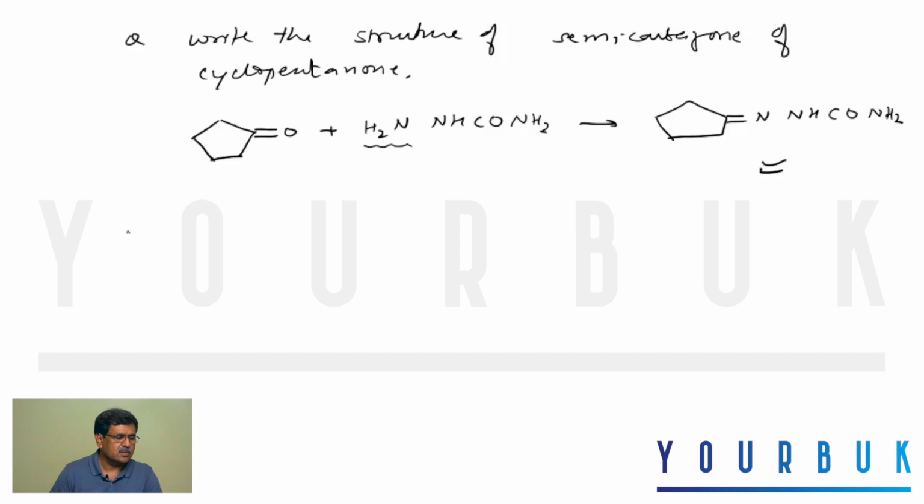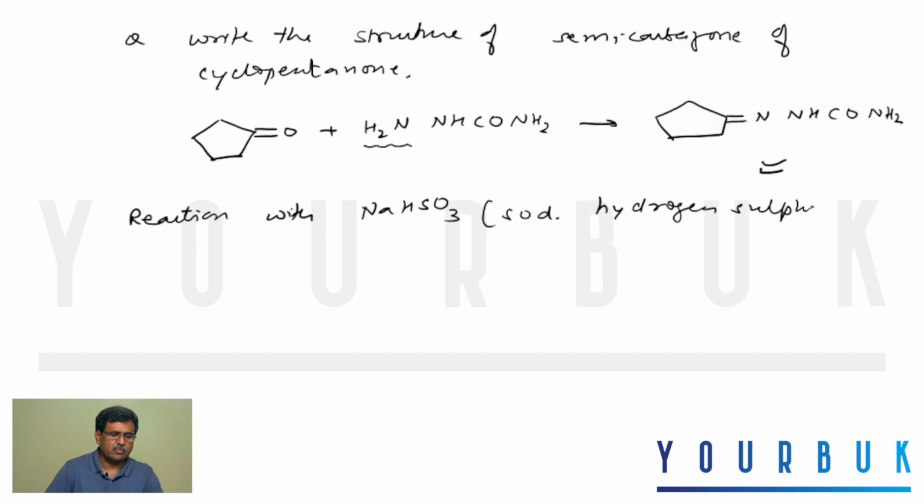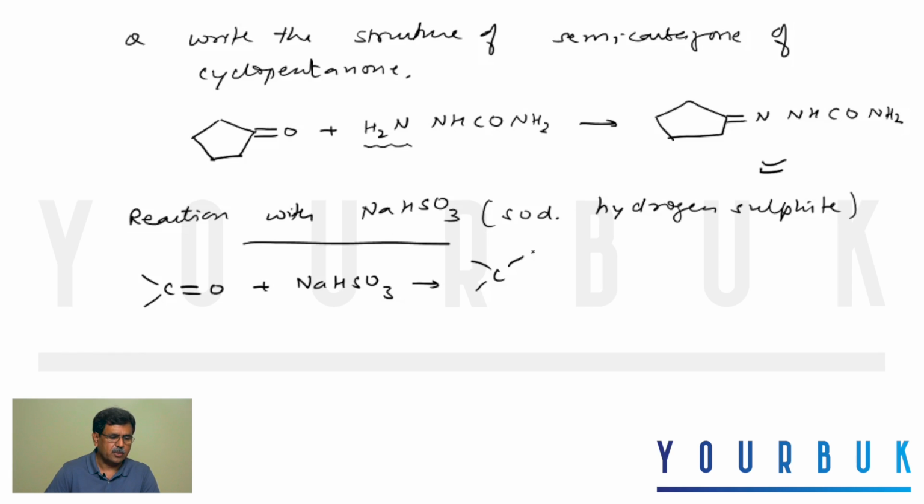And the last reaction is the reaction of aldehydes and ketones with sodium hydrogen sulfite. This is called sodium hydrogen sulfite. And the reaction with sodium hydrogen sulfite is also used as a test for the carbonyl group. But you cannot distinguish between aldehydes and ketones using NaHSO3. Now this is the carbonyl group. On reaction with NaHSO3, first it gives this product,